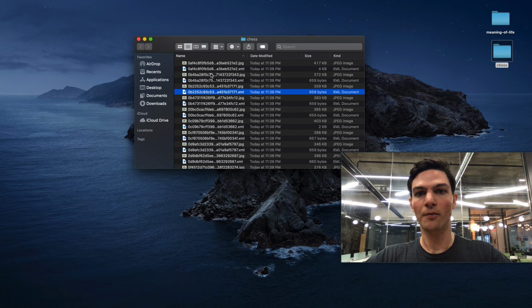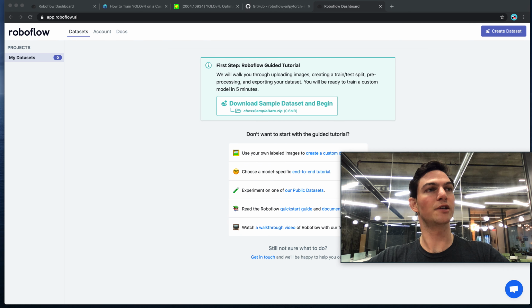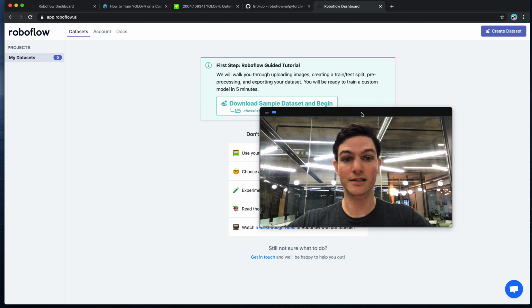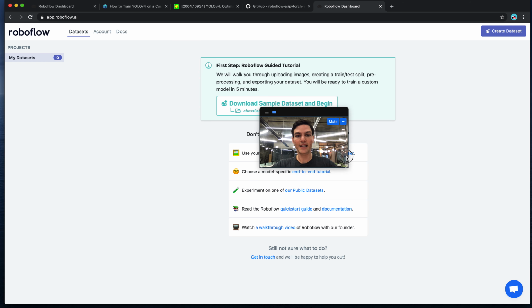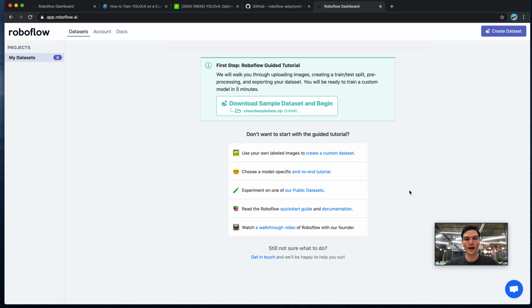Okay, now let's dive in. The first thing that I want us to note is the tools we'll be using today are all completely free. That is, creating a free Roboflow account and using Google Colab, which provides free GPU compute. So the first thing that I need to do is get my data into Roboflow. And to do that, I just need to visit